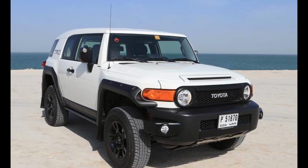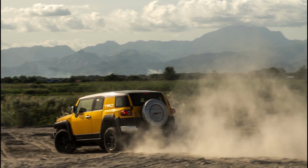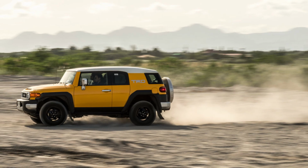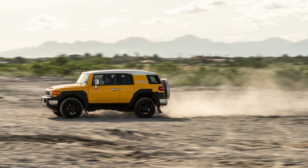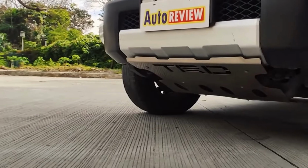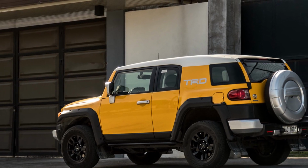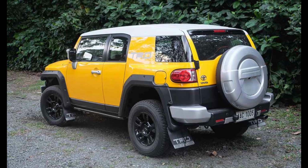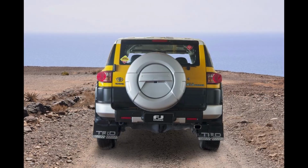One last note is that overseas, where the FJ is still available, there are some countries who have gotten their own version of a TRD FJ. Specifically back in 2015 or 2016, and maybe even now, in places like the Philippines, it would appear that Toyota offered what was referred to as the TRD kit for the FJ Cruiser, which came with some really neat parts, like a TRD cutout aluminum skid plate, riveted wheel arch fender extensions, polished black 17-inch TRD wheels with all-terrain tires, a steel rock slider bar, large TRD mud flaps, and a special TRD tailpipe, along with TRD side graphics placed